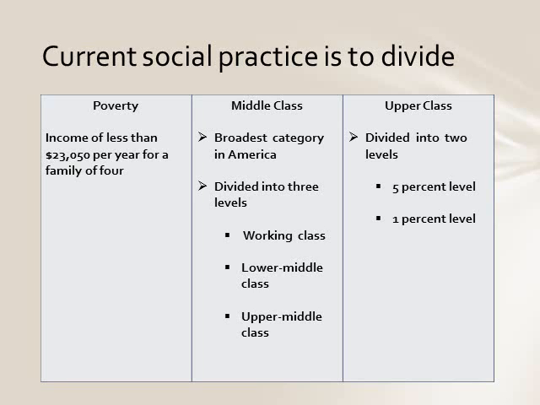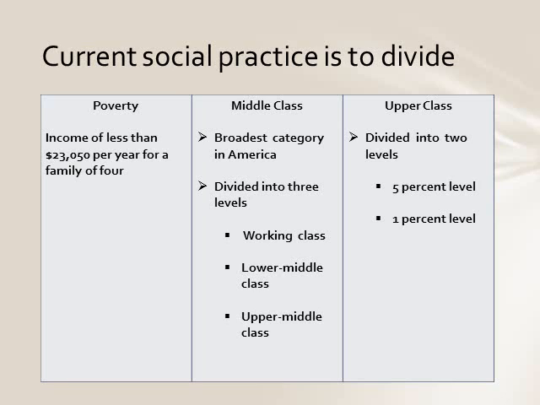The final level is called the upper middle class or the professional class, and it falls at the top end of the spectrum. The income in this level can exceed $100,000 per year. A person in this class tends to have a postgraduate degree and may work in high-level white-collar positions.